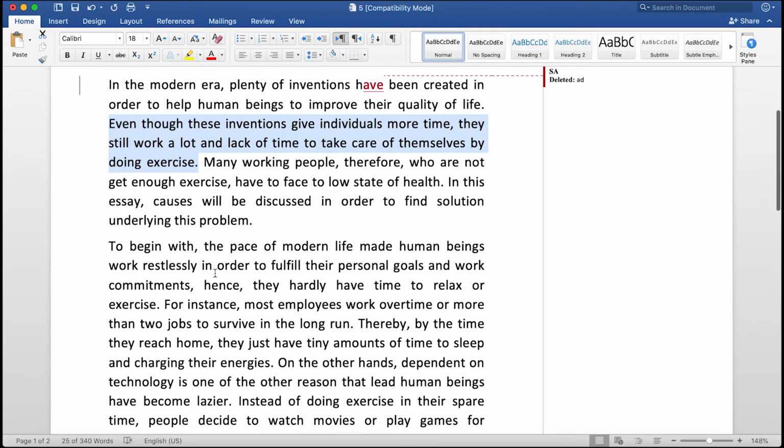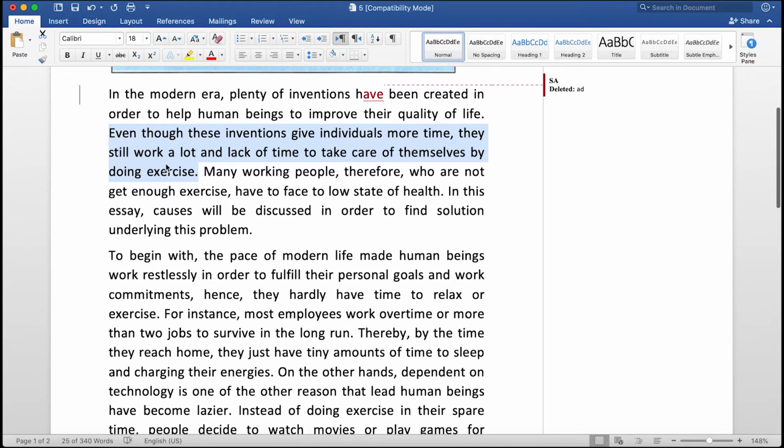Okay, even though these inventions give individuals more time, they still, and they, I'm assuming, refers to the inventions, they still work a lot, or no, it means the people. So you see, here we have this pronoun where the antecedent isn't very clear. We don't know if it refers to the inventions, which it should, because the inventions is the subject of the previous clause. But then in fact, the student is referring to the individuals. So how can we resolve this? We can say, even though these inventions give individuals more time,